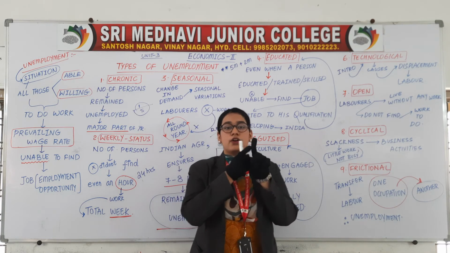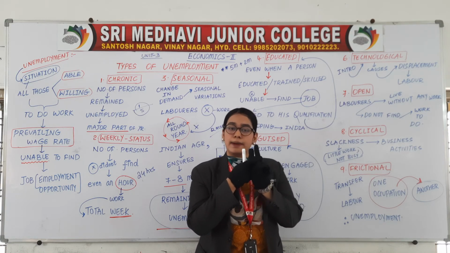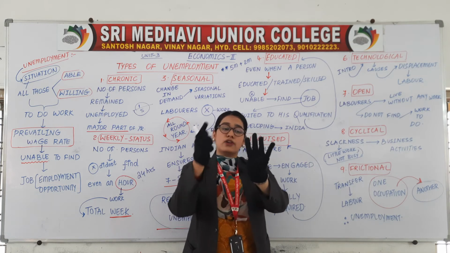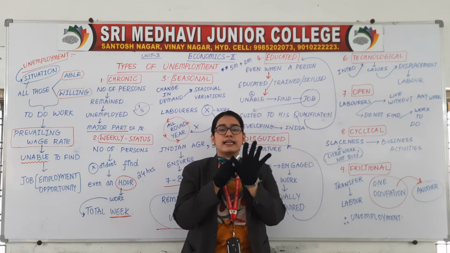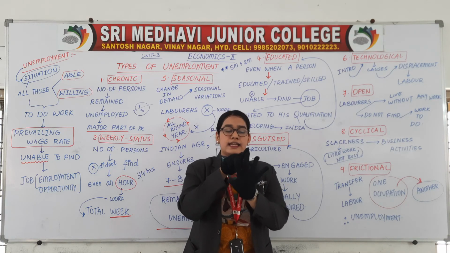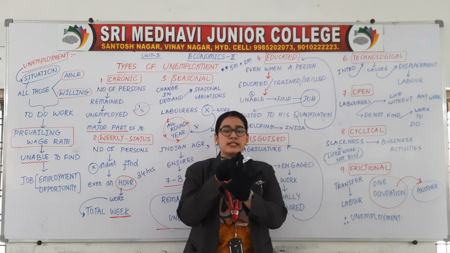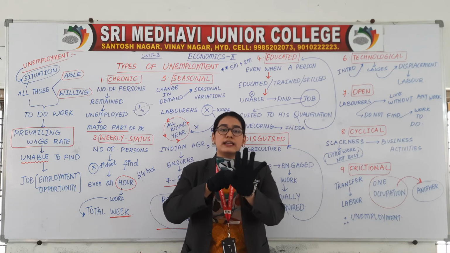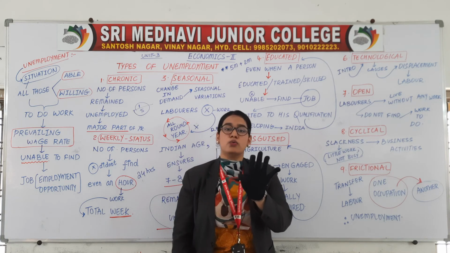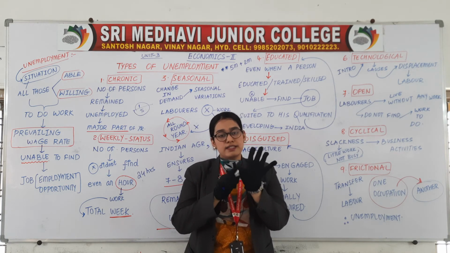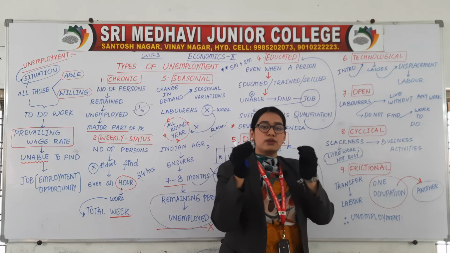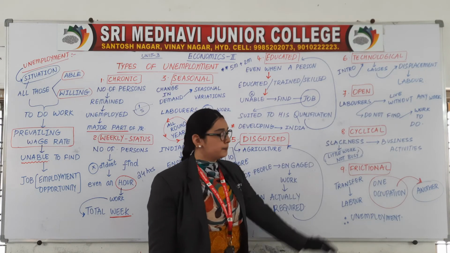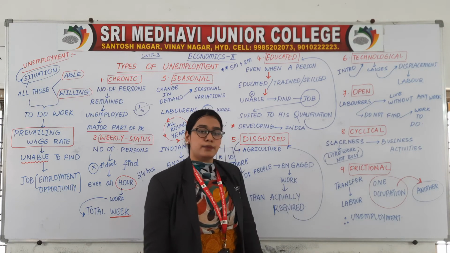Like, I'll give an example of a cycle, a motorbike, a car and a metro train. 4 examples, and also one more is the aeroplane. Cycle, motorbike, then a 4-wheeler or any kind of bus, then the metro train, and last is plane. Which one's speed is very low? Bicycle, right? The business is working very slowly, then you will keep fewer workers, and the remaining all are unemployed, that is cyclical unemployment. Last and final is frictional unemployment.